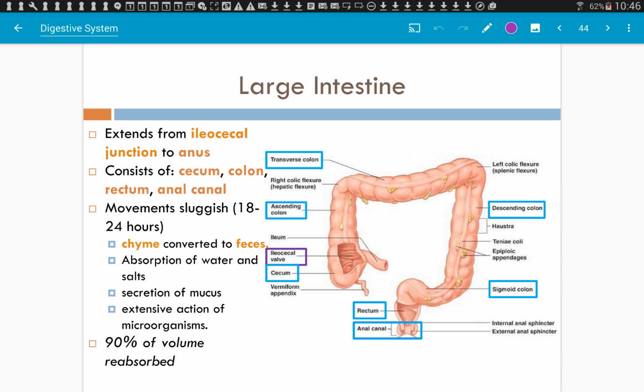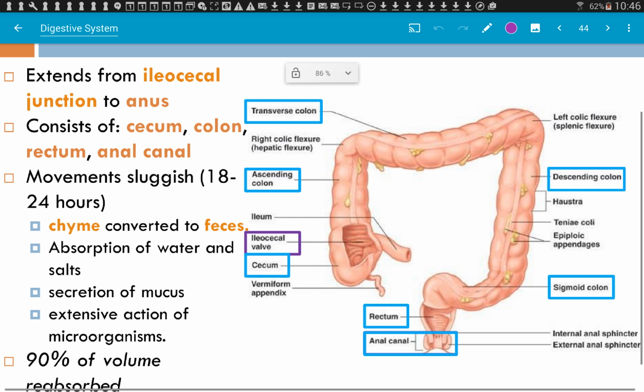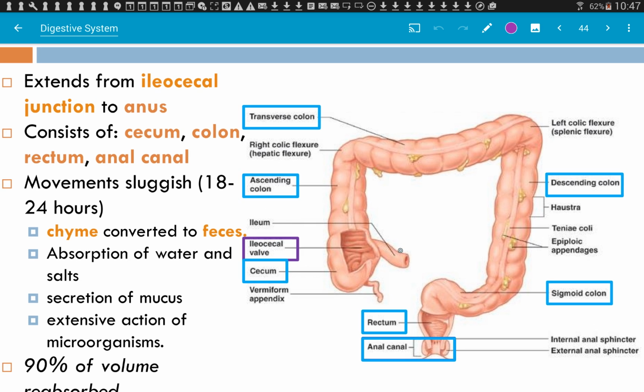Okay, large intestine sections, and this is what I wanted to show you before, but it was a little far down on our slides. So, here is the last part of the small intestine, the last little tiny bit of the ileum. The section between the ileum and the first part of the large intestine is the ileocecal junction. The ileocecal junction is right here. And in that junction, you have the ileocecal valve, which remember is a one-way valve controlling the movement of chyme from the ileum into the large intestine.